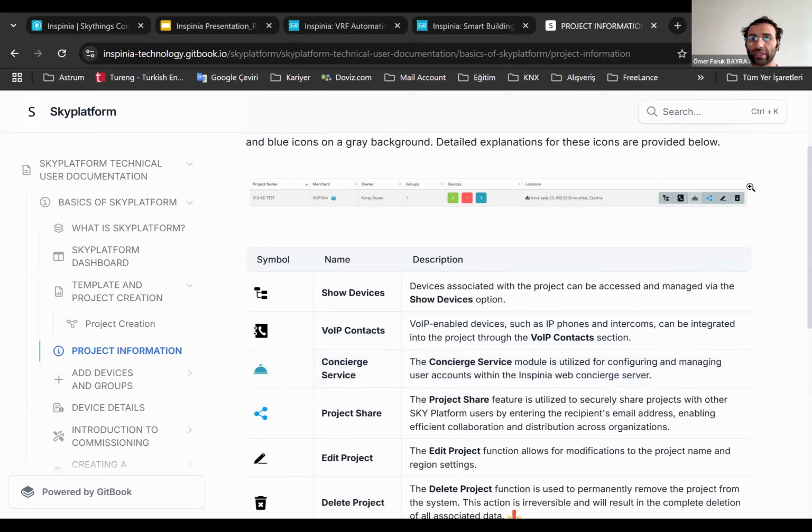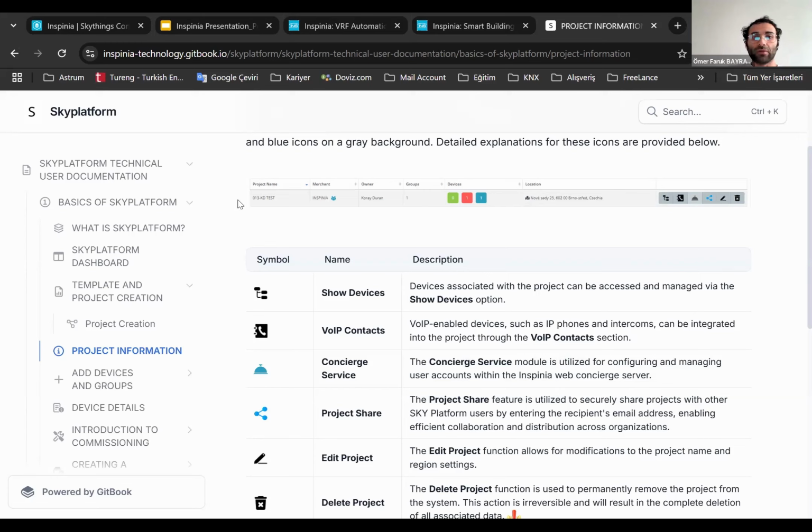So across these SkyPlatform projects, you will be able to create it for big size panels. By the way, it's critical: 8-inch and 10-inch touch panels. For big size touch panels, you can create a concierge service for the project,